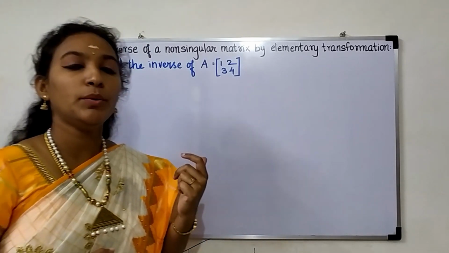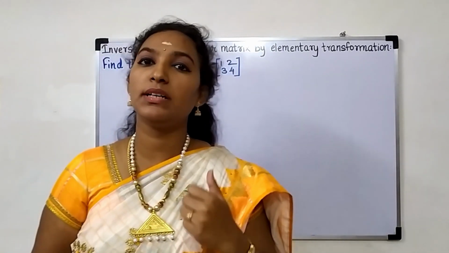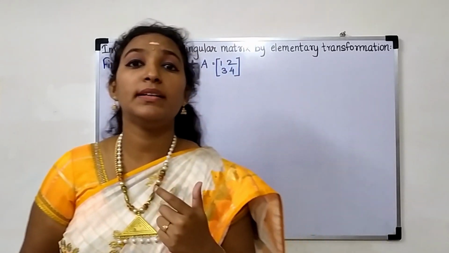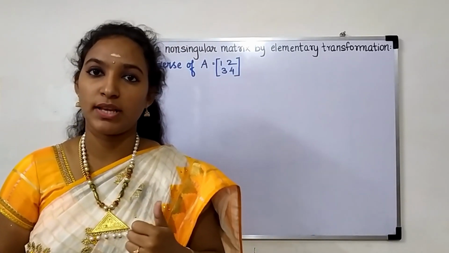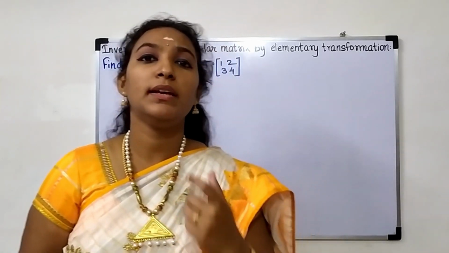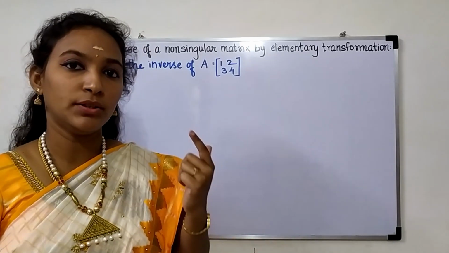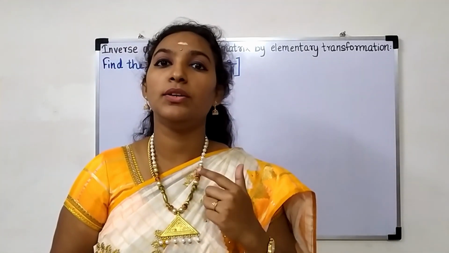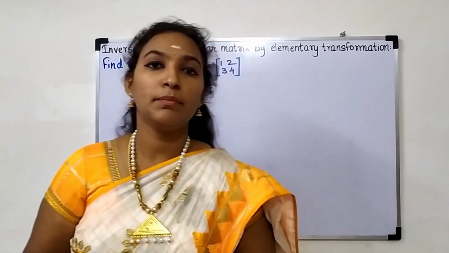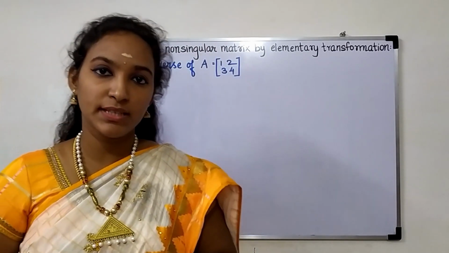Okay, we are going to perform two steps over here. In the first step, we are going to find the singularity of the given matrix, that is whether it is singular or non-singular. Once the determinant is found to be non-singular, then only we are going to proceed to step number 2. If it is 0, no need to do step number 2 because the inverse will not exist. Okay, let us start with step number 1.